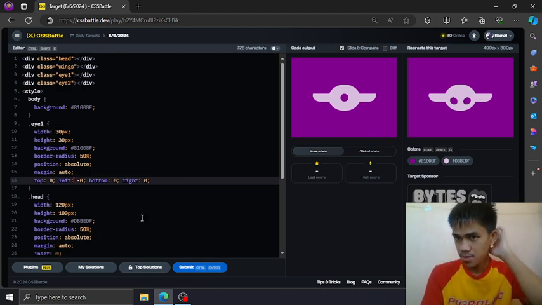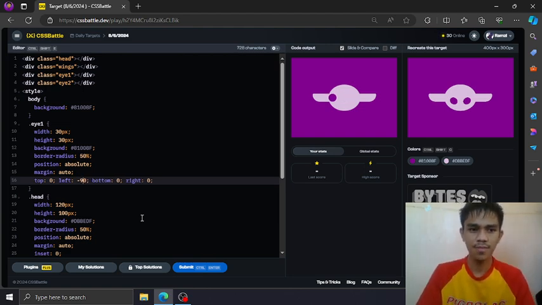First, we are going to do the left eye, because people read from left to right. Then the bottom, push this to the bottom, 40 pixel, 30, 20. I think it's good.